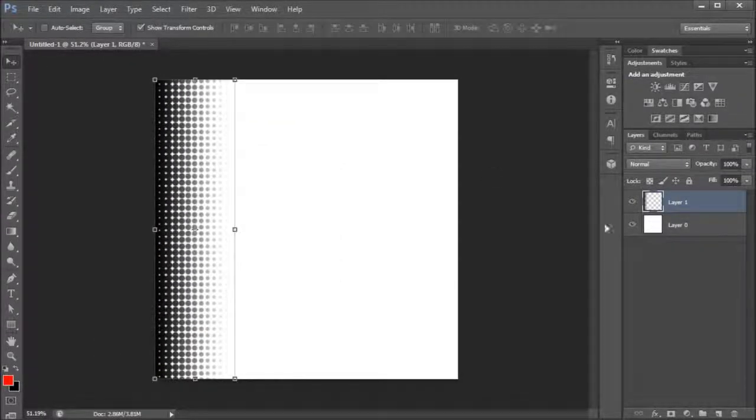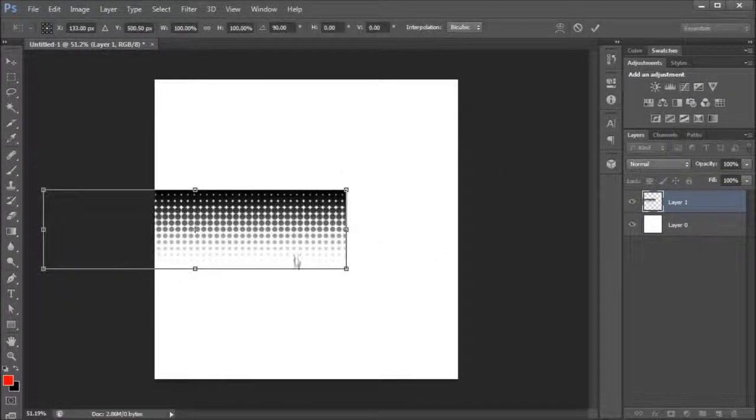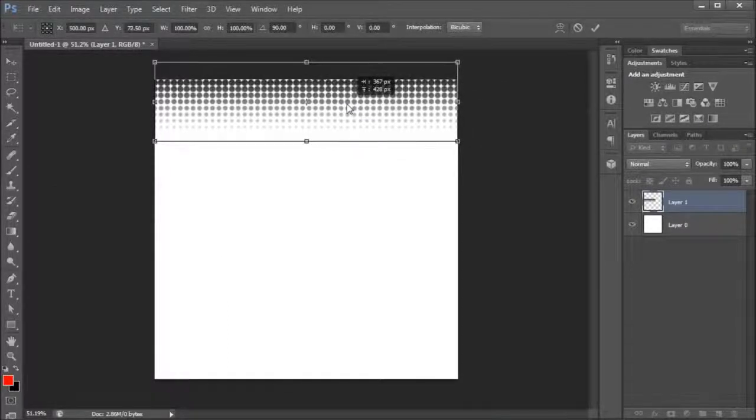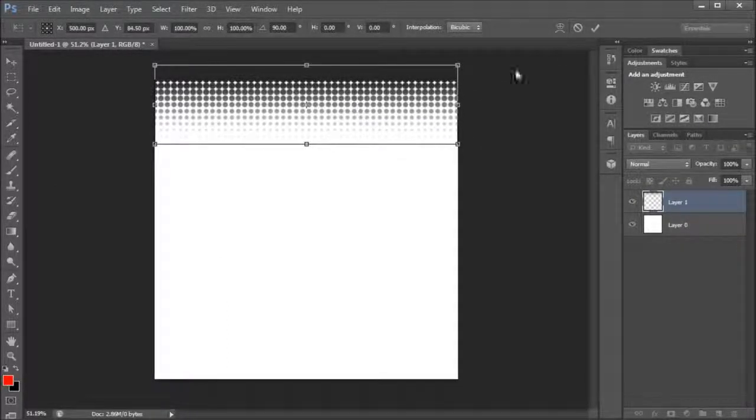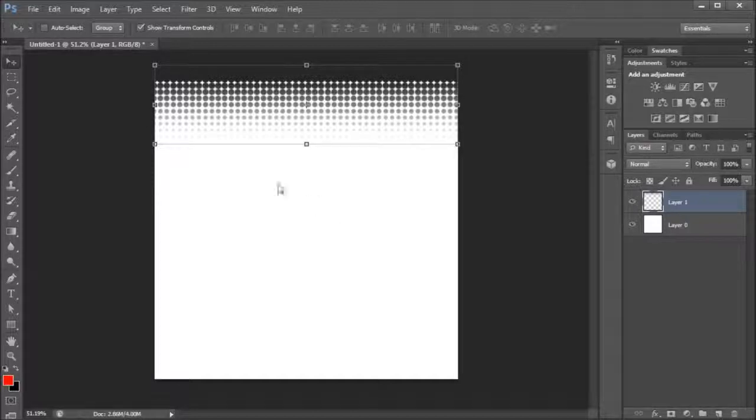Now, since we put this on its own layer and we made a selection out of it, you can move this around and incorporate it however you want into your piece. So that's pretty cool. One other thing I want to show you is that you can do halftone effects within other shapes besides just the